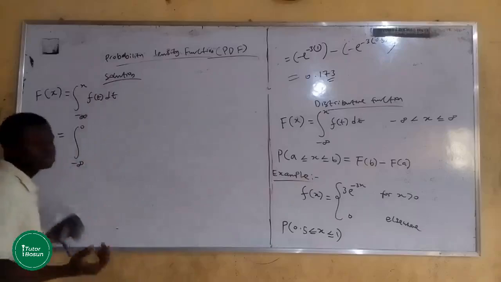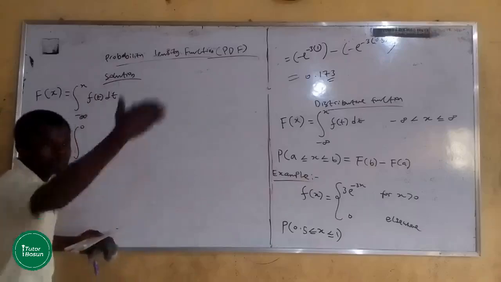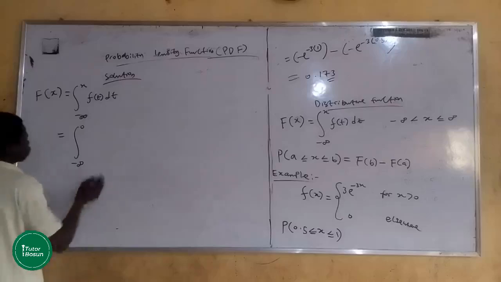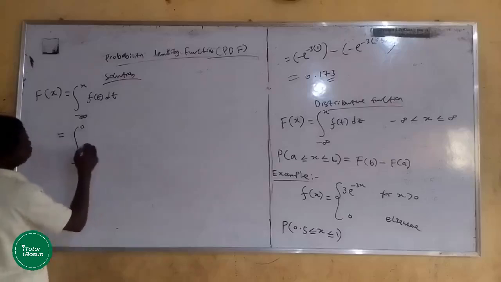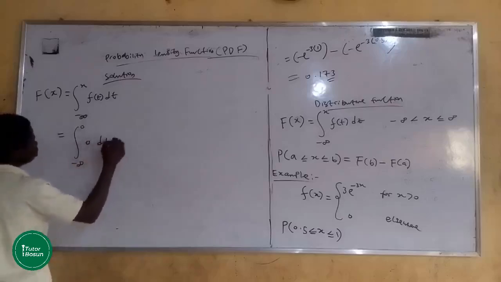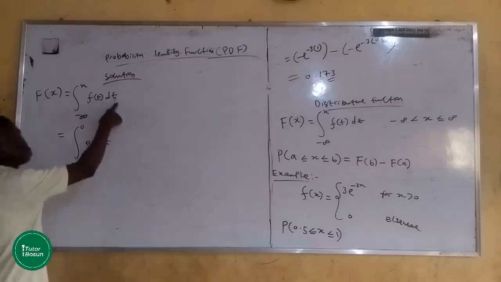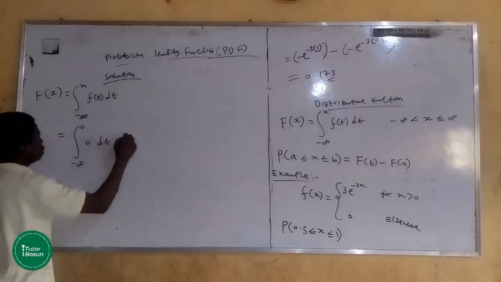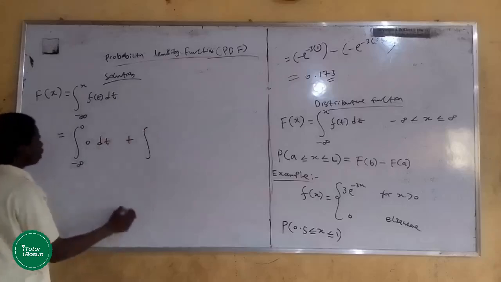Infinity simply implies your maximum number. So here we have 0 dt, because we want to integrate with respect to t, plus the integral